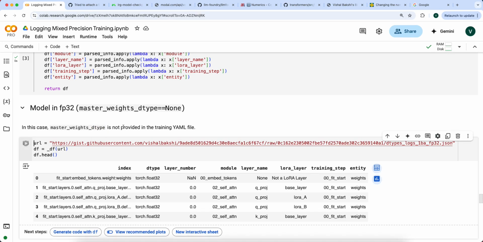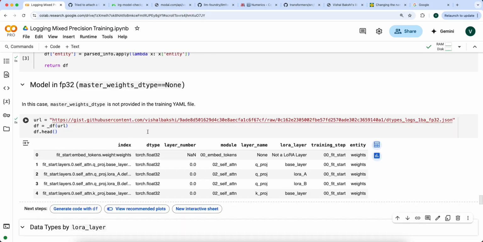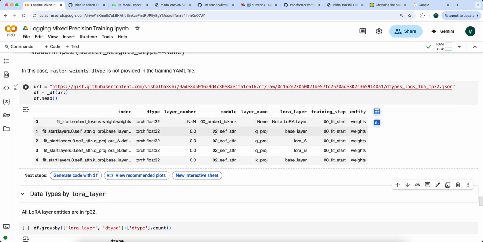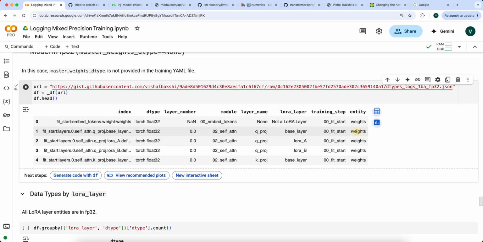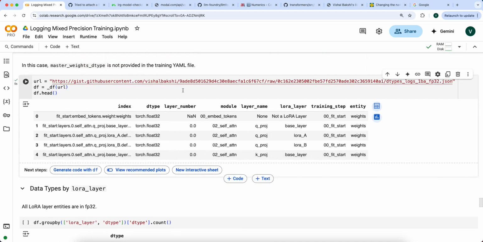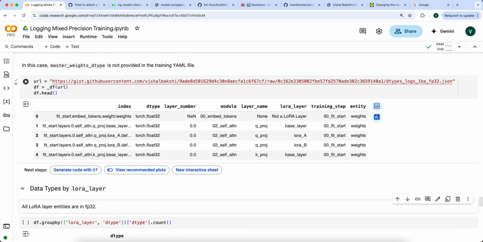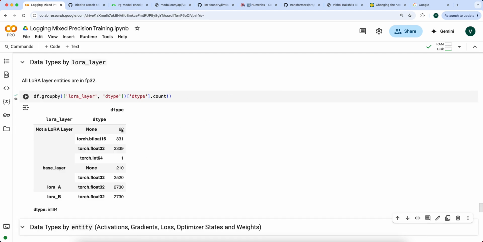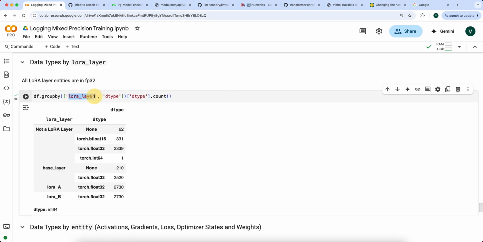All right, so we're going to load our data. And as you can see, I have parsed out all the important pieces. And now I can start analyzing the results. So let's do this. The first thing I want to look at is what data types my LoRA layers are in. So this is when